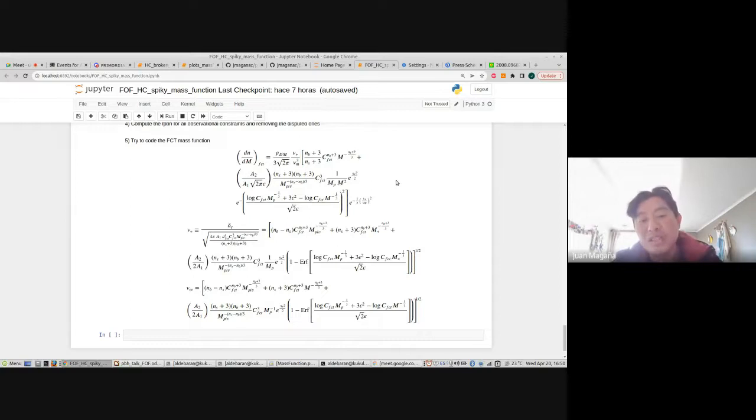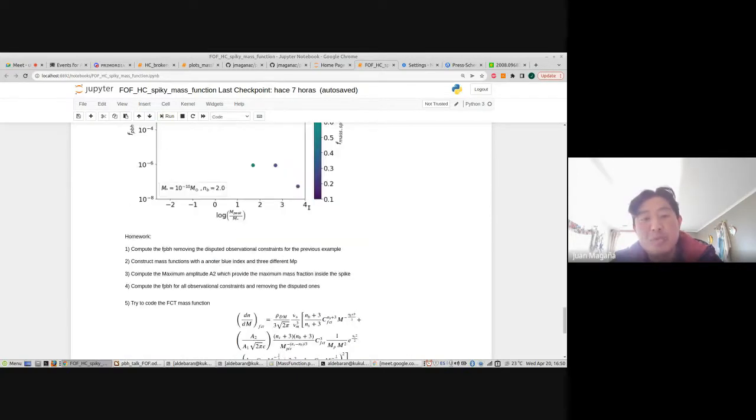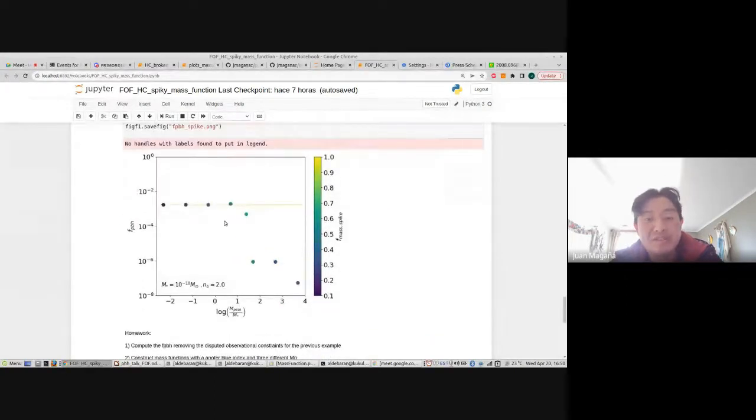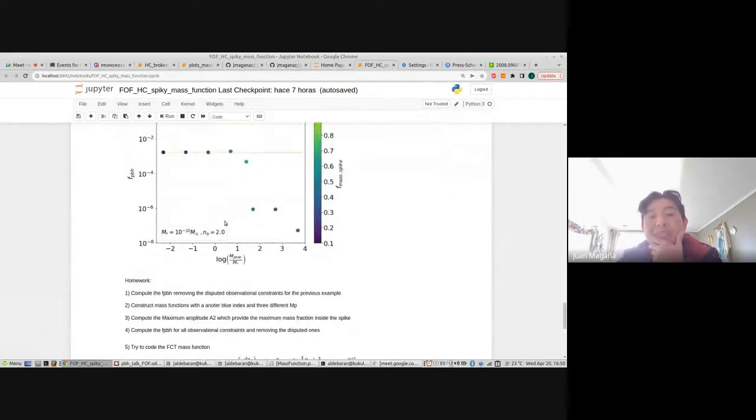The code includes this constant, and you can also define these functions, nu star and nu m, that appear in these terms, and you can explore how this value changes for this fixed conformal time mass function.